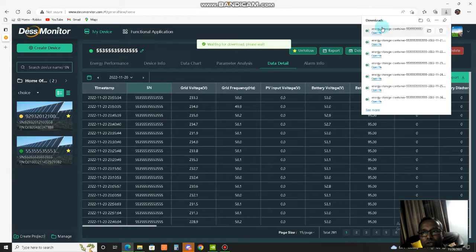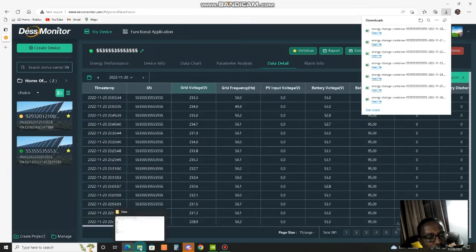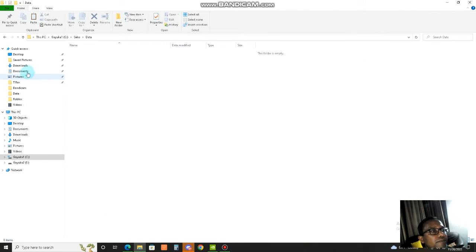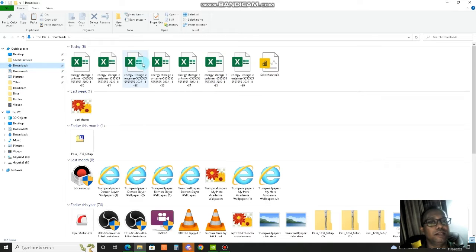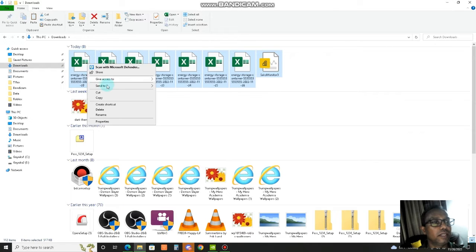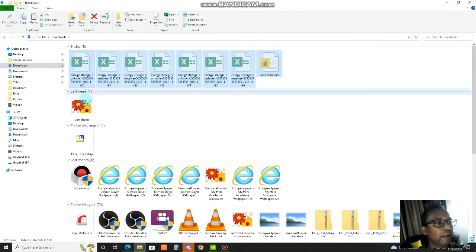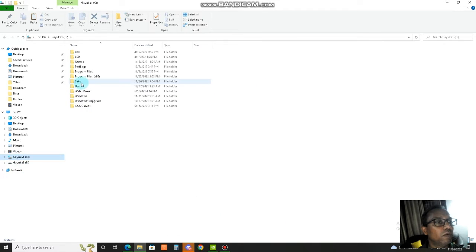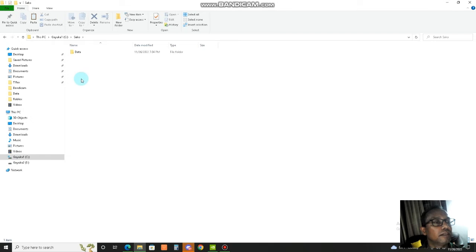So 7 files will be downloaded into your default download folder. Okay, I will go to the downloads folder. Now you cut all these data files and paste them in the folder that we have already created,